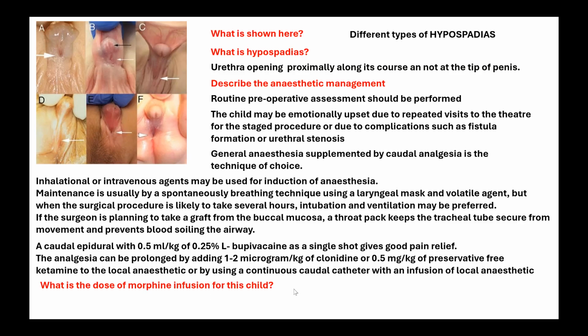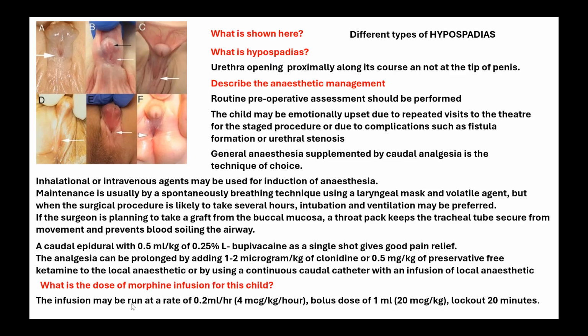What is the dose of morphine infusion for this child? Because sometimes this is a very painful procedure. Children may need morphine. So infusion rate at the rate of 0.2 ml per hour. It's 4 microgram per kg of morphine per hour. Bolus dose 1 ml 20 microgram. So you take 1 milligram of morphine and dilute it with 50 ml of saline. Then you will get